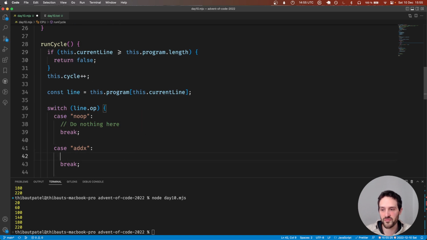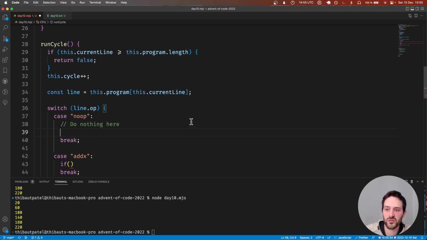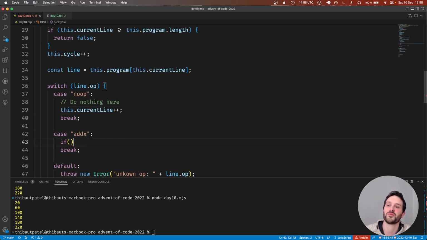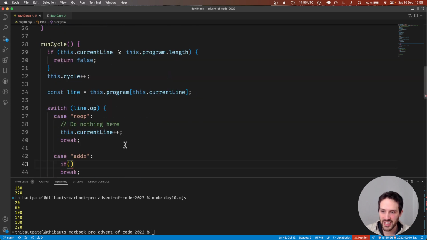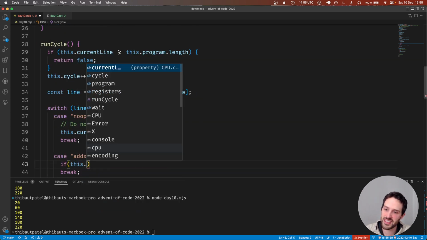Oh, I made a mistake. Here, the noop, we need to do this.currentLine++. That's very important. We need to go to the next line because with noop, we read the noop operation, we do nothing, and then next cycle we are reading the next line. That's very important. Here with addx, we need to check if this,